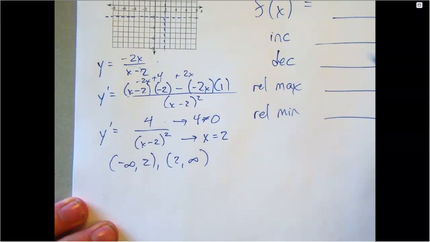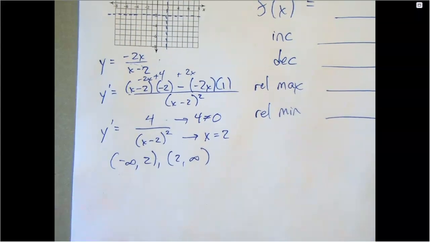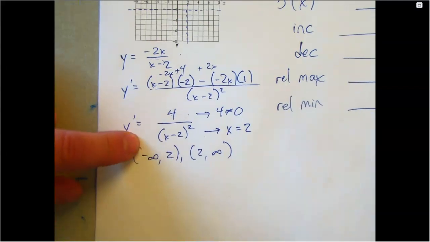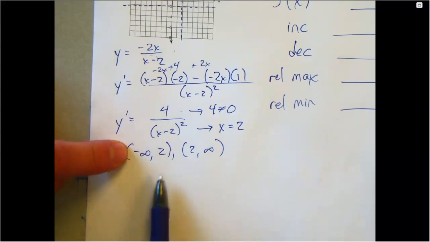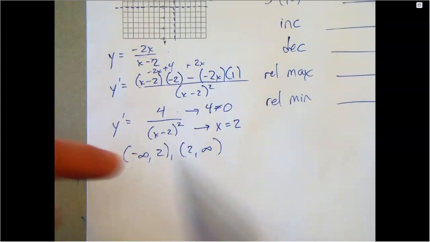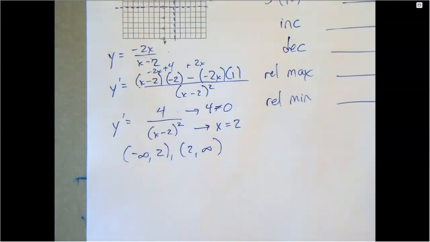So where's the function increasing and decreasing? I'm going to pick a point. Here's what I'm trying to get you: you always plug back into the level that you're at. So if I'm on the first derivative, I'm going to pick a representative point and plug it into the first derivative. So that'll tell me increasing. From the second derivative, I'm going to pick a point and plug it into the second derivative. And that would tell me that. So wherever you're